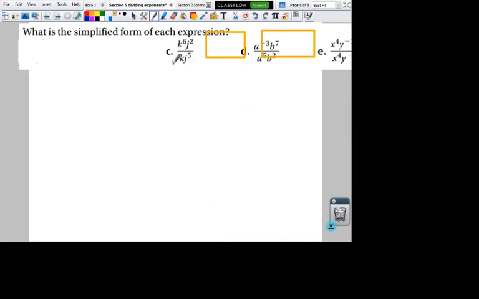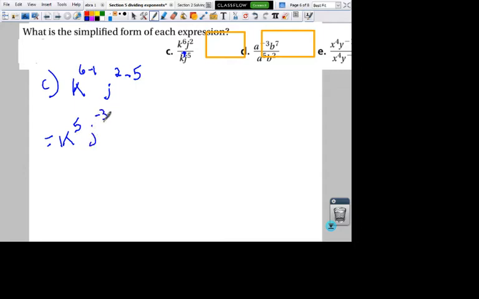So I have k to the 6, j squared, over k, j to the 5. So in part C here, just like before, I'm going to match up my k's. I have k to the 6, and then I'm going to subtract 1 from it because there's a 1 in that k right there. And then I'm going to have j to the, I have 2 on top, minus 5 on the bottom. So that is going to be k to the 5, j to the negative 3,